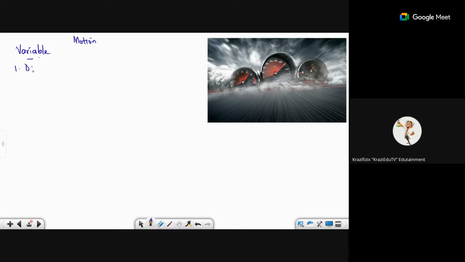One is we have distance. Talk about distance, we are going to use S to represent distance. Okay, number 2, we'll have speed. And here is the deal. Speed is